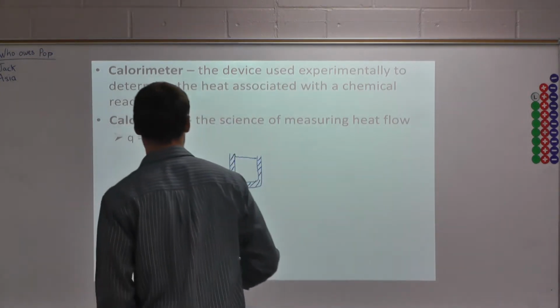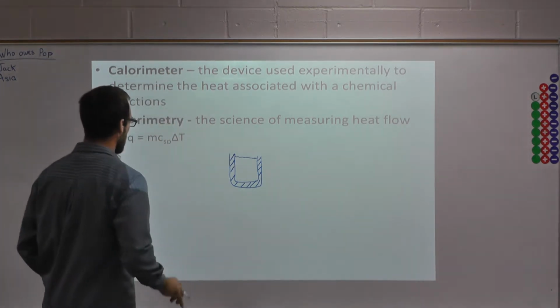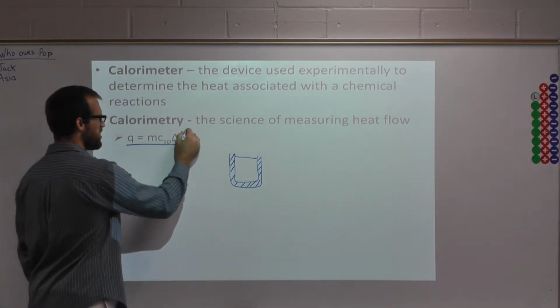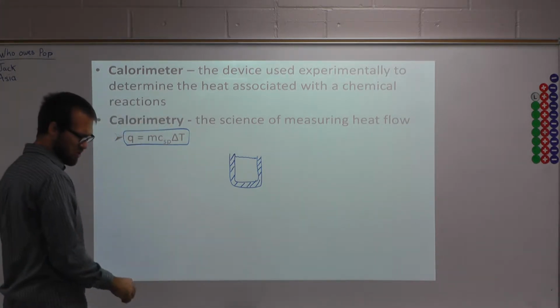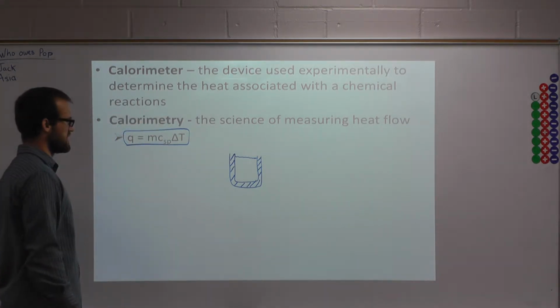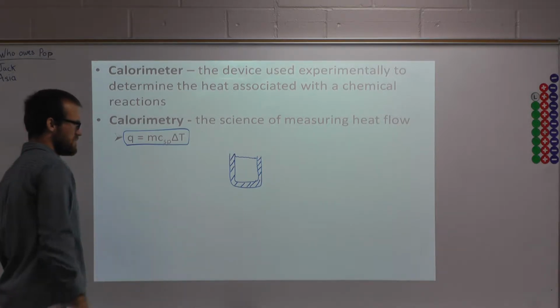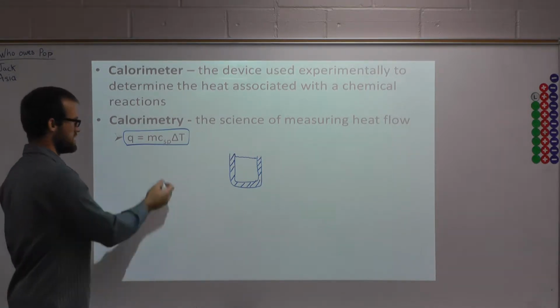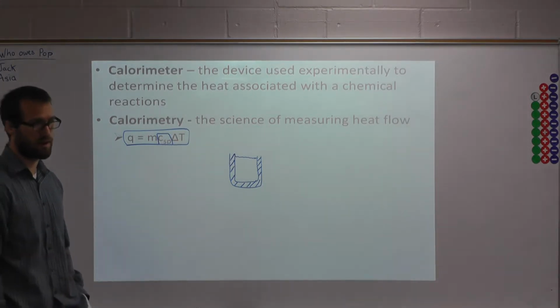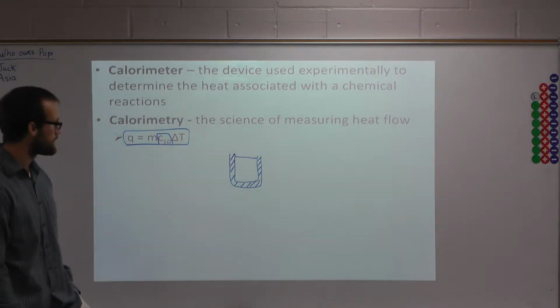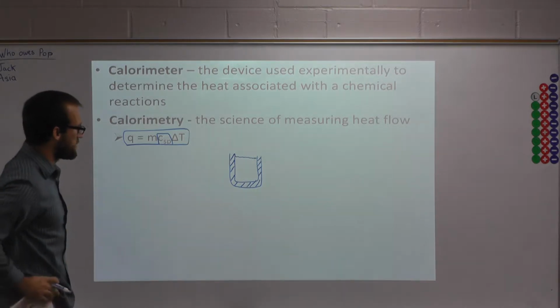So this is kind of a dumb example, but it works. You should remember this equation. Your book gives it as something a little odd. It's q = s m ΔT, and so their s is what I would call Cp. If you remember what Cp is, it's the specific heat capacity, which we'll define in a sec and review. Okay, but here's what's happened. Let's say